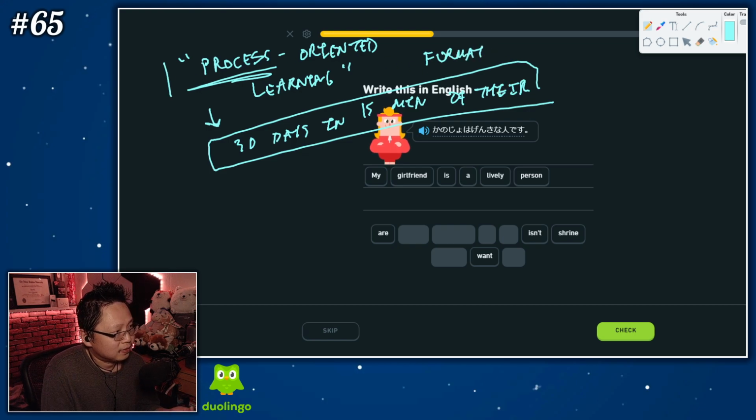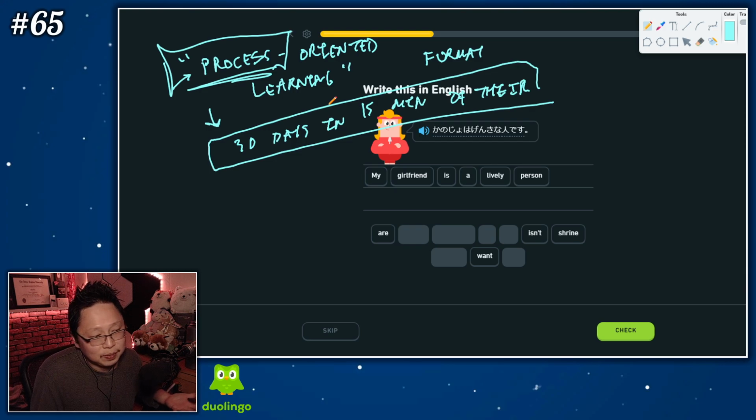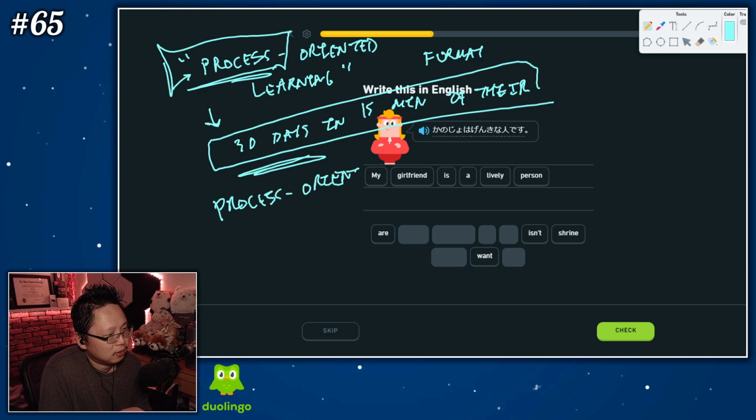So yes, the hurdle now is that everything I do in order to illustrate process-oriented learning, you have to actually do all of it. And is all of it important to me? It kind of is. However, there are plenty of people who have lots of resources. If you want to have process-oriented learning, like try to get some of that exposure of what process-oriented learning is like. The key words would be something like, I reviewed